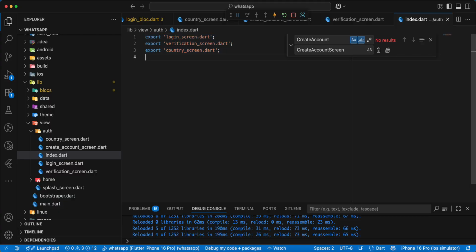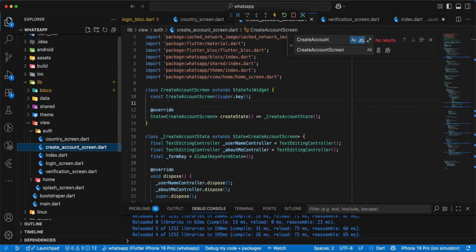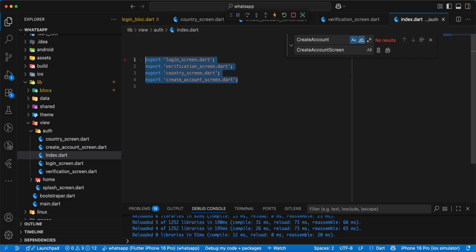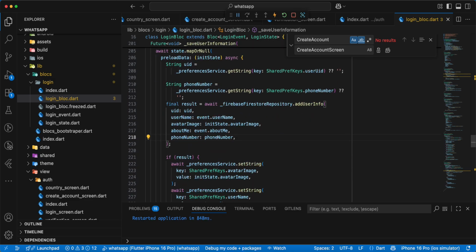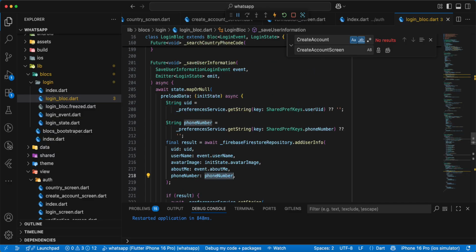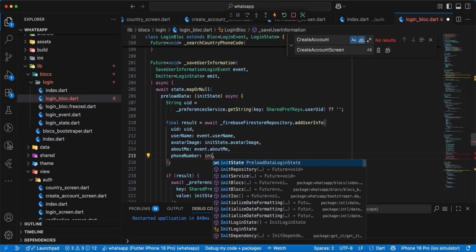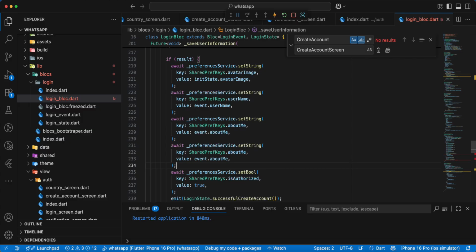open index.dart, write export, add create account screen, and we open login bloc, and need to add shared preferences phone number. We use init state, phone number, save,